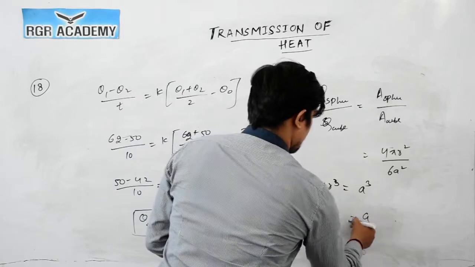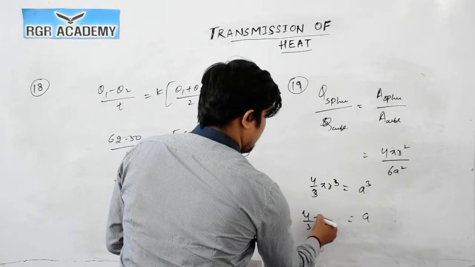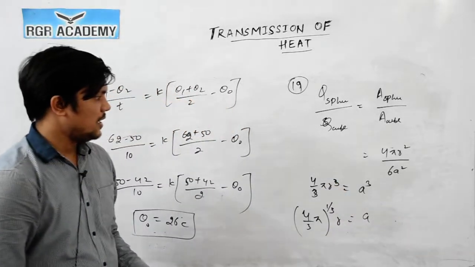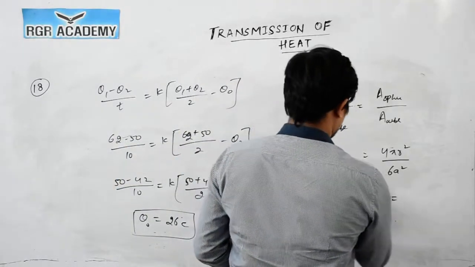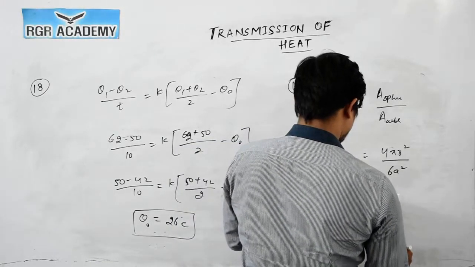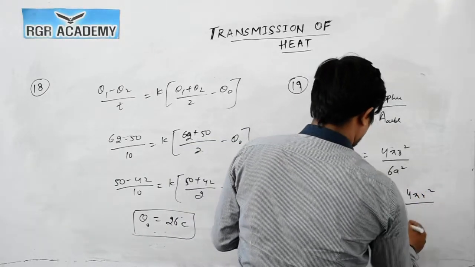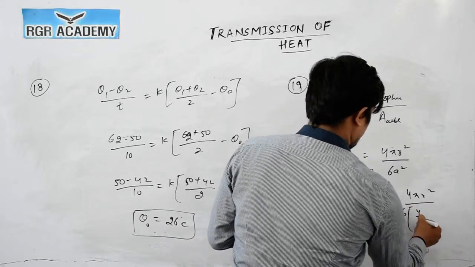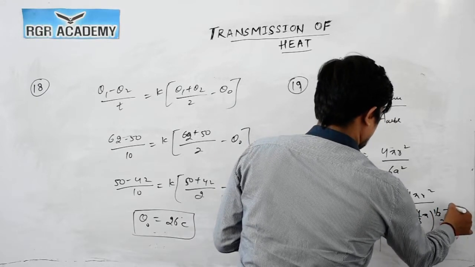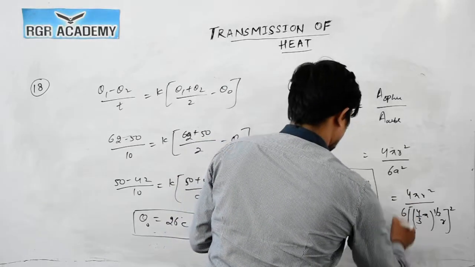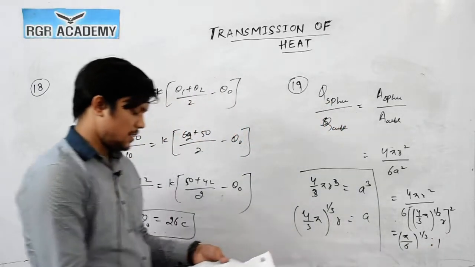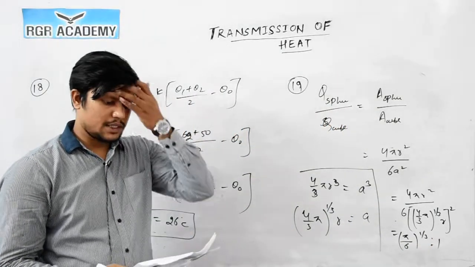Question number 19. So A will be equal to 4 by 3 pi to the power 1 by 3 into R, because R cube we already have, so we can replace here. So what you will get after this calculation, this volume is same. So you will get 4 pi r square divided by 6 into 4 by 3 pi to the power 1 by 3 into r square. Okay. So after solving this, the final answer you will get as pi by 6 to the power 1 by 3 is to 1. So option number 2 will match. Only calculations are there, otherwise the question is simple.